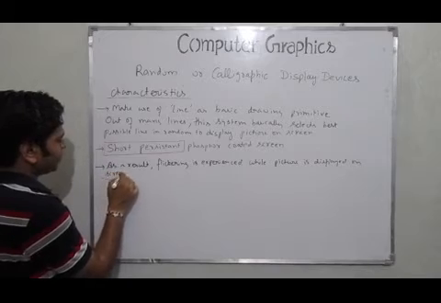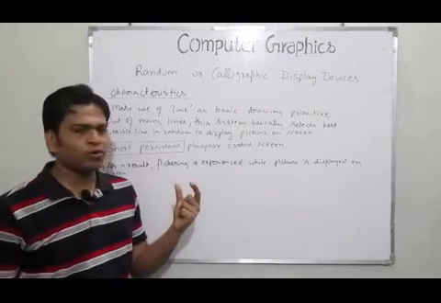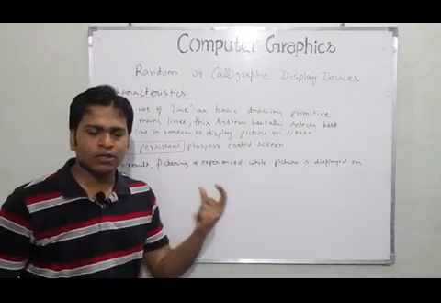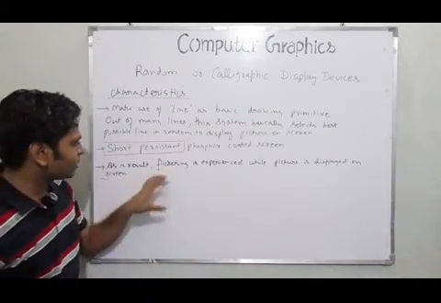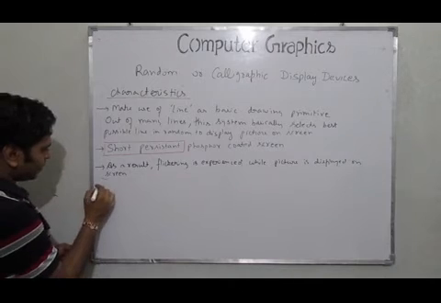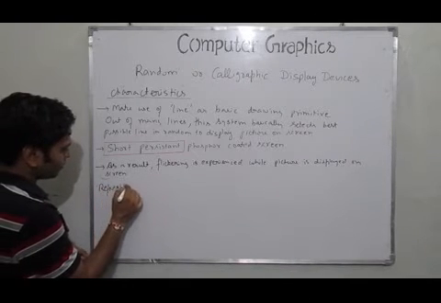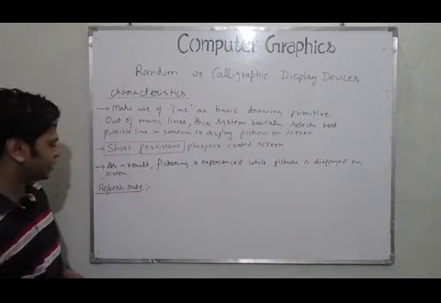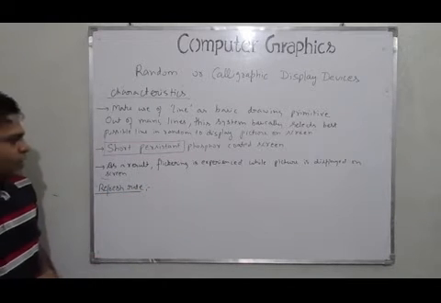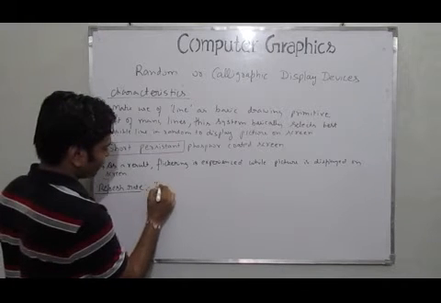That means the picture would not be shown as stable on the screen. So in order to avoid this problem, we make use of the concept that is called refresh rate. It is a very important concept. Refresh rate basically implies